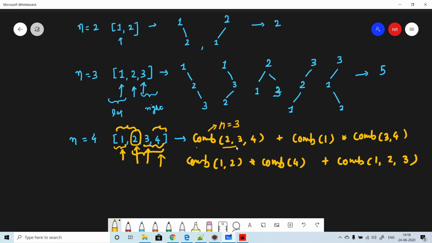When you have 1 fixed, we are playing with 2, 3, 4, and that is again a 1 2 array given with n is equal to 3, 1 2 3 only.